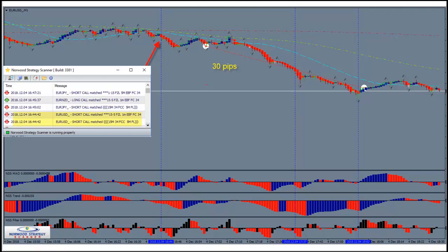Anyway, so with this particular trade, I got these two scans from the Norwood Strategy scanner about right in this area, and things weren't quite set up the way I wanted them on all of the time frames, but I finally did get the signal over here that I was looking for, so I entered the position. I set my stop loss at the 15 moving average, and then I waited until it was in profit to